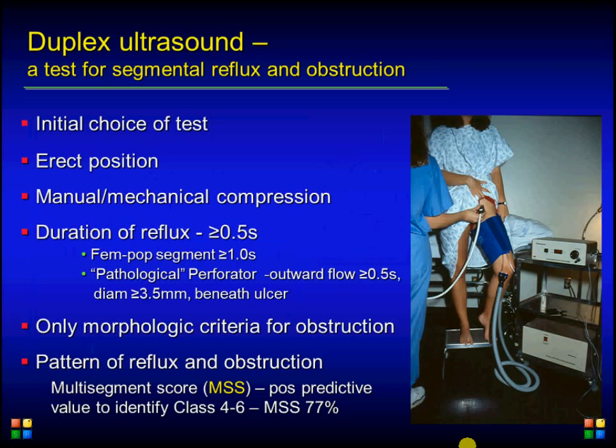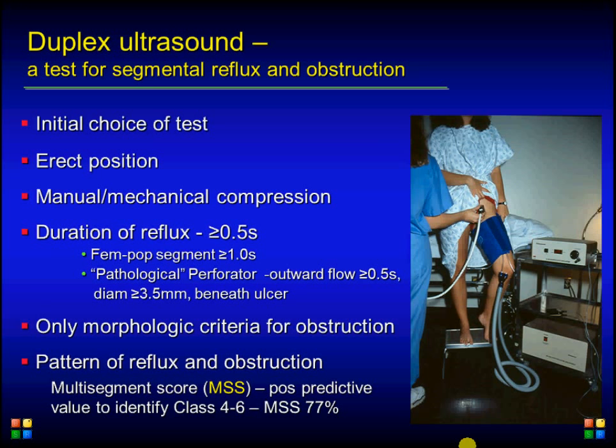Now, duplex ultrasound is of course the one that is most commonly used, and it's the first test that should be done. And that is a test for segmental reflux and obstruction. It should be used in erect position. You can use manual or mechanical compression. And we have all accepted the fact that if you have a duration of reflux that is more than half